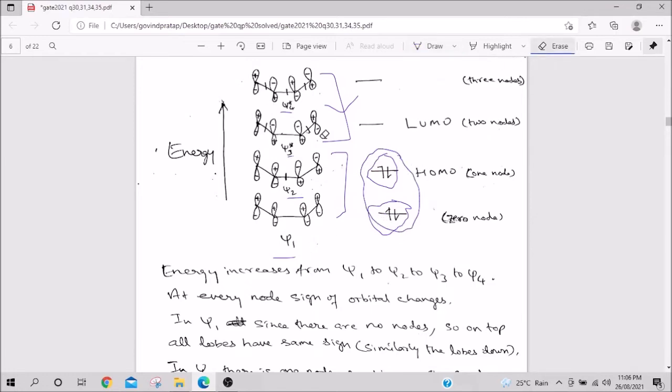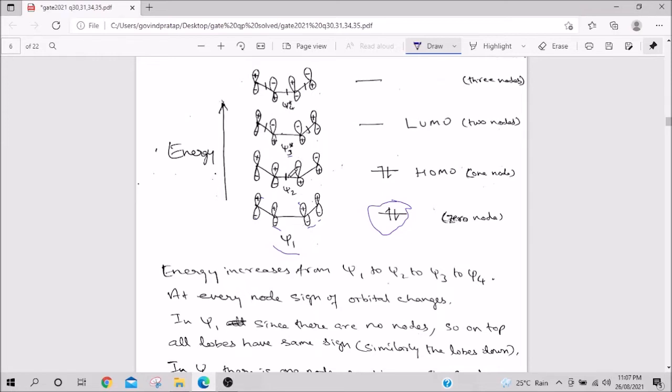And then this is very important, you have to know how to make these orbitals psi 1, psi 2, psi 3 and psi 4. First, in psi 1 there will be no nodes, that means this cloud is happily mixing with each other, and down also the whole cloud is happily mixing, right. So, how do we do it? Here if all the signs are the same, that means they will overlap effectively. So, see here, top all are plus, plus, plus, plus, down is minus, minus, minus, minus. So, they overlap effectively and there are 0 nodes.